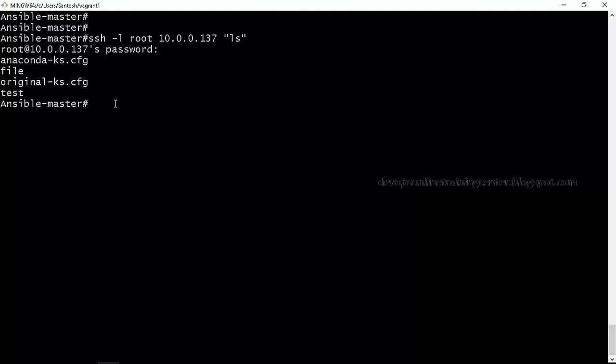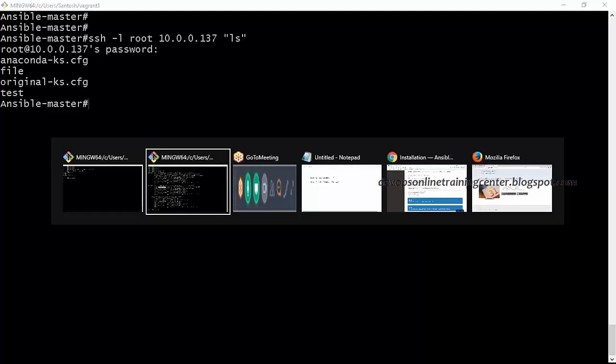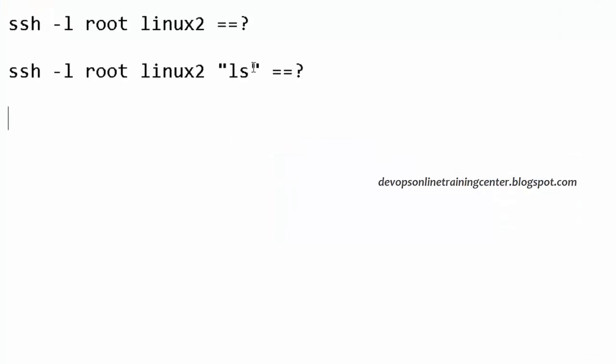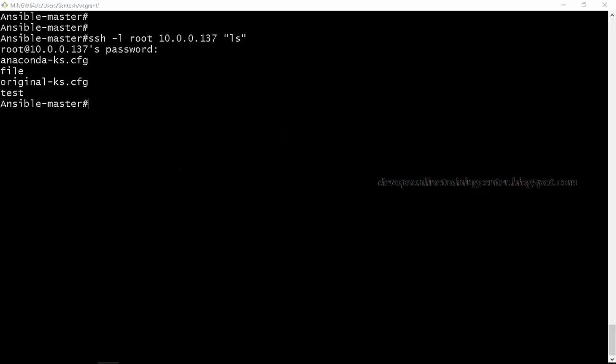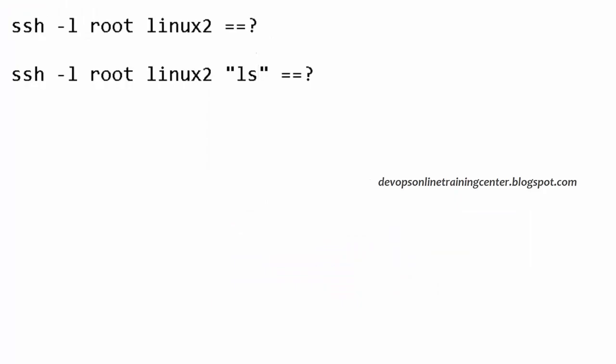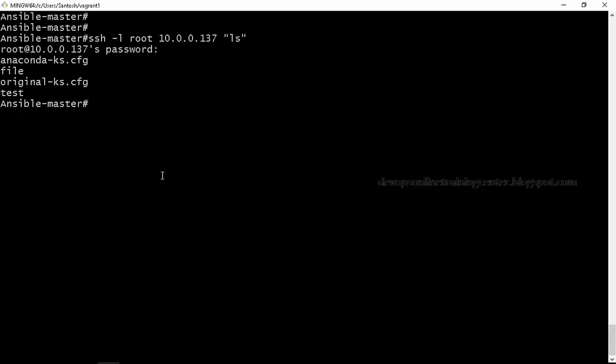So this is the concept on which Ansible works. Very simple. If you want to touch a file using Ansible, Ansible internally does the same thing. It does SSH to the remote machine and performs some command based on the script.